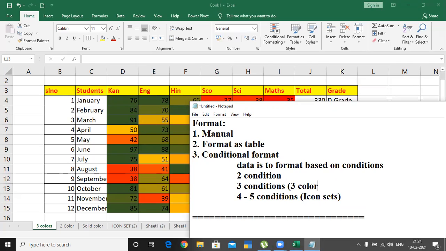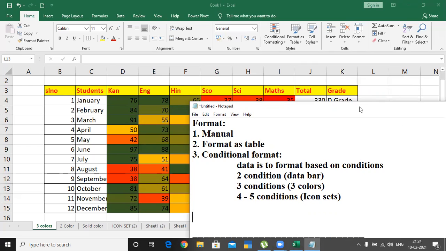But if you have two to three conditions, then you go for three color conditions. Okay, then next one, two color conditions is for what? Data bars. You can create your own condition in the conditional format. Whatever data you selected, according to the data value, you put the condition to be formatted. But in this example, I have taken only the value. Similarly, you take the percentage. When you have an average column, select that average column and put the percentage and apply the conditions.